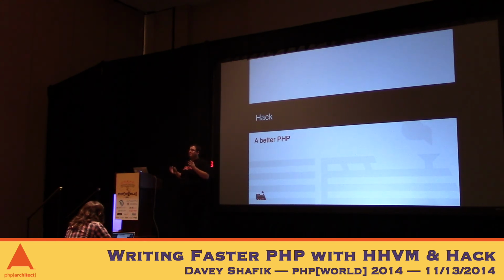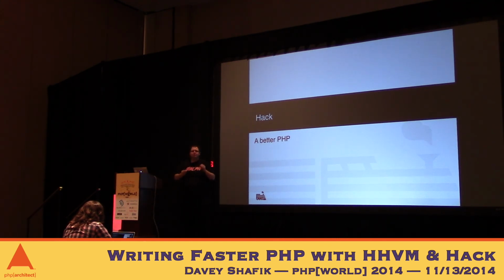So Hack, it's not a new language. It's important to understand that it runs through the exact same runtime in HHVM as PHP does, but because of things like type hinting, the static analysis can work a lot better, and the JIT can work a lot better to improve the performance of that code. So it is strongly typed when you write it, but it has type erasure. When you actually run it, it doesn't care anymore, only for the purpose of performance increases with the JIT.